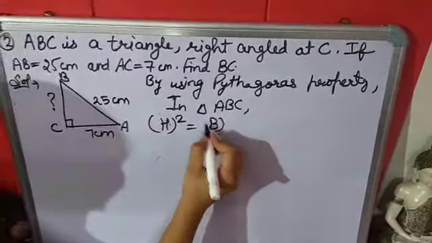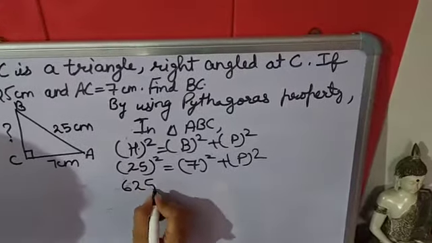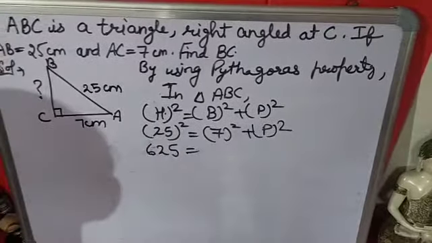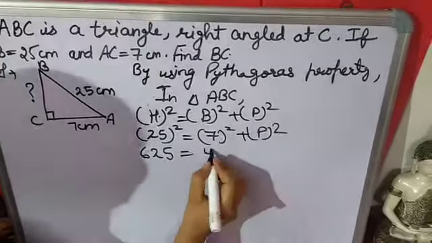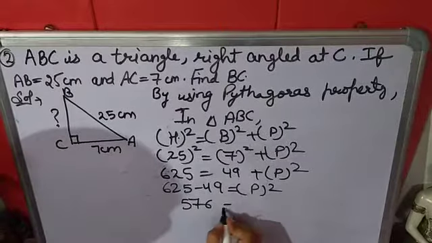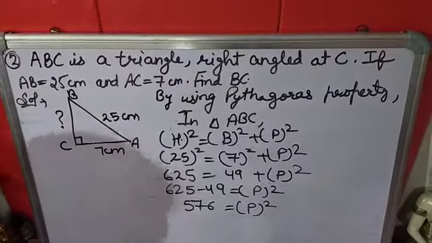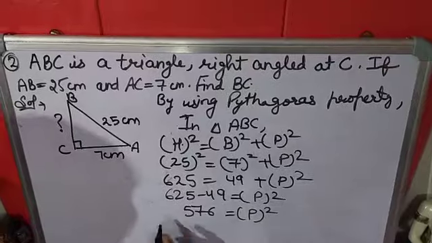What is the square of 25? 25 into 25, it will be 625. Square of 7, 7 sevens are 49. Now you have to find the value of perpendicular, so 49 will come here. 49 is here with plus, when it comes here it will be minus. Now subtract it, it will be 576. Again you have to remove this square, so taking